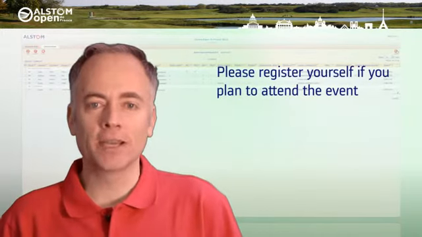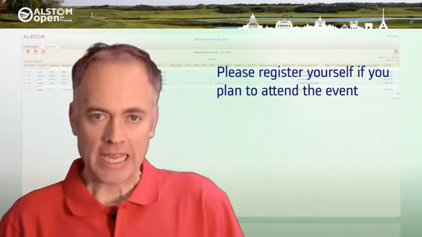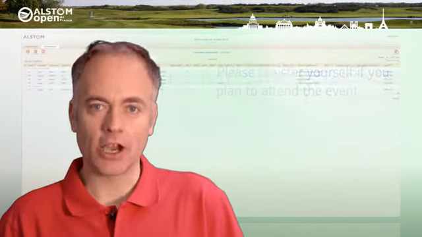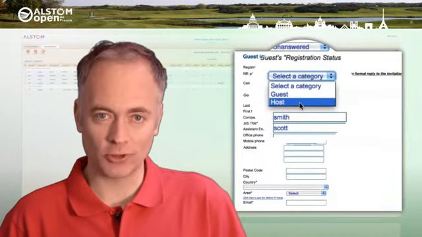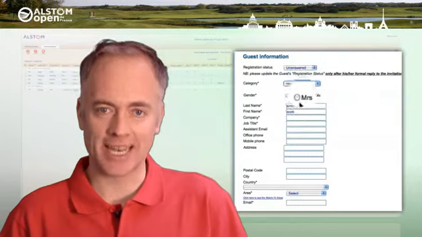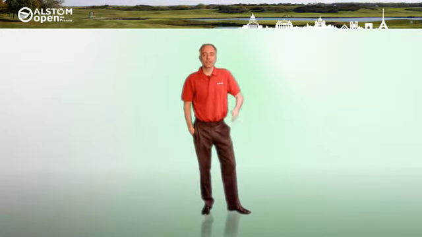We kindly remind you to register yourself too if you plan to attend the event. In this case, select Host in the category field. We also strongly recommend you to accompany your guest during their stay at the Alstom Open de France. That's about it. You can now start